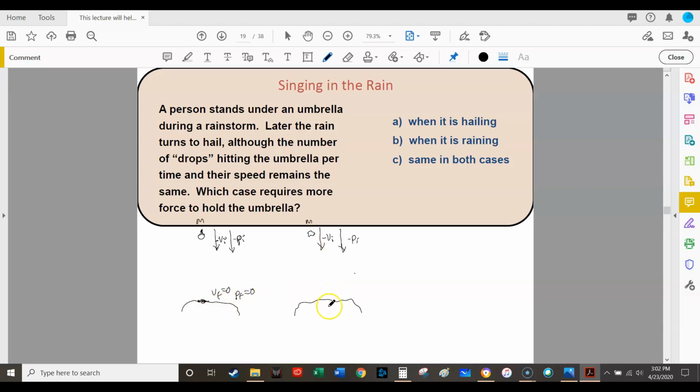I think what they're saying is that the hail basically bounces. So let's say now afterwards the hail has bounced, and now it's traveling up with a positive speed equal to its initial speed,